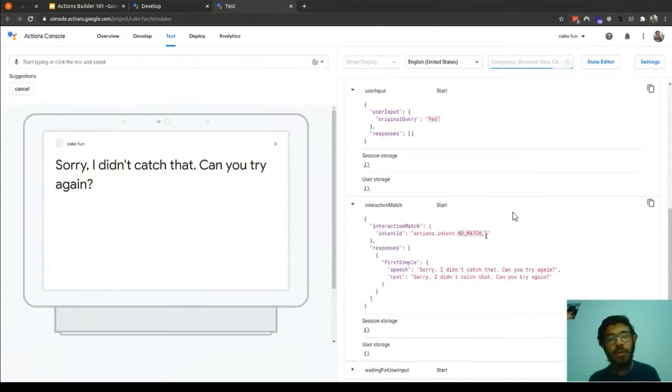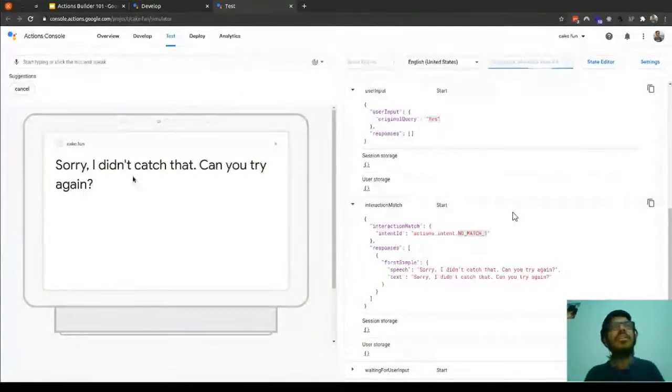So what we have done so far is, we have sent the greeting prompt. We have sent the transition when the conversation is transitioning into the start scene. We are sending a prompt: before you continue, would you like your fortune to be told? That is the start scene. But we haven't configured our action what should be done when the user says yes or no. We have defined what is yes and what is no, but we have not actually connected it to our conversation.